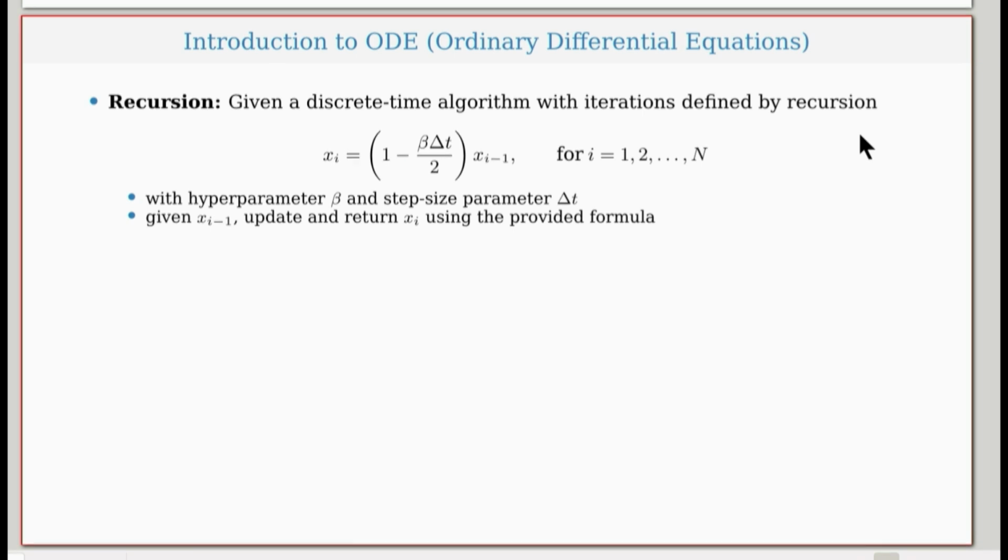So recurrence, most of you know. So in this case, I obtain xi from previous xi minus 1. Okay, and delta t is fixed, and beta is, let's say, fixed as well. So obviously from this recurrence we will get updates, and using this we will get update, but sometimes we may ask for certain recurrence,